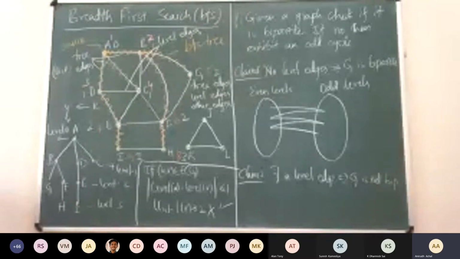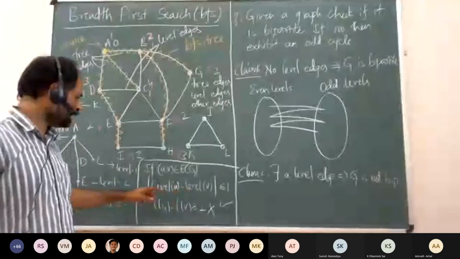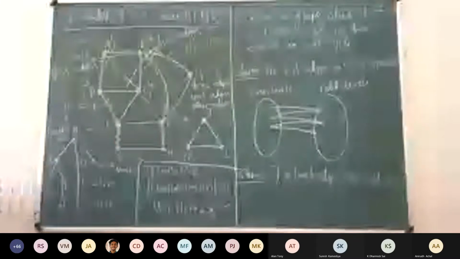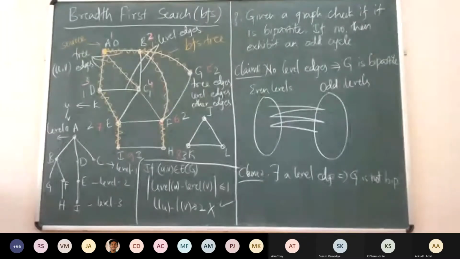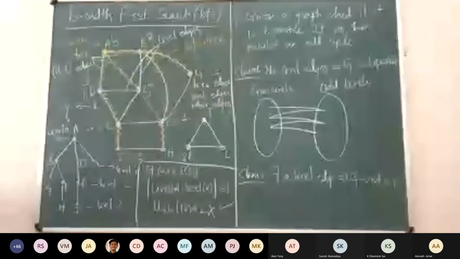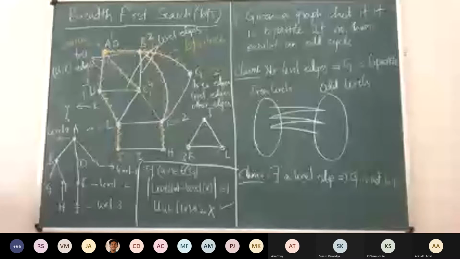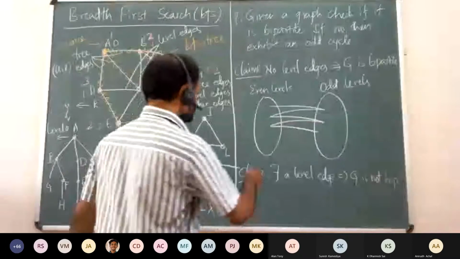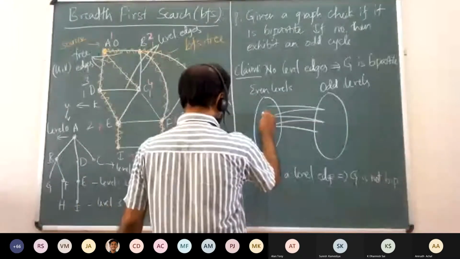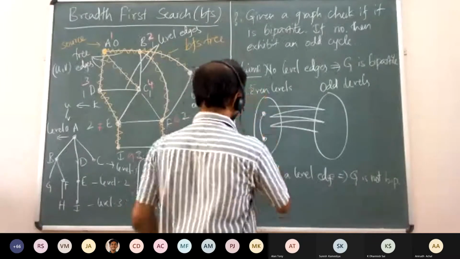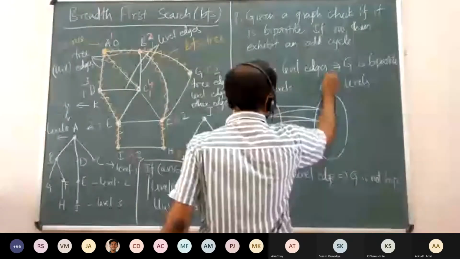So since the difference in level of the vertices participating in any edge is at most 1, the edges are between adjacent levels or at the same level, right? As Anirudh said, the tree edges are between adjacent levels. We're going from odd to even or even to odd. And the other edges are also from an odd level to an adjacent even level, or an even level to an adjacent odd level. Which means that there can never exist any edge between two vertices which are in, say, this part A, this is part B.